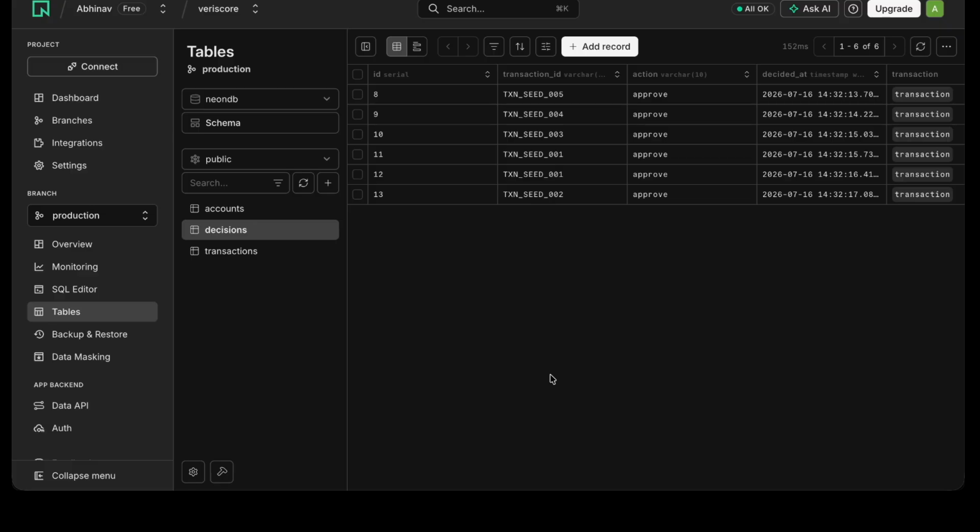VeriScore plugs in as a microservice, with no changes to any existing core banking system. A transaction arrives, gets scored in under 2 seconds, and the analyst gets a real explanation. This is the architecture that serious fintech companies use. We have proven it works, and we believe every bank in India, starting with Bank of Maharashtra, should have something exactly like this. So yeah, VeriScore is a real-time fraud detection system,